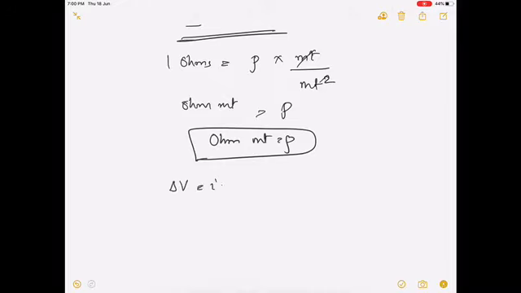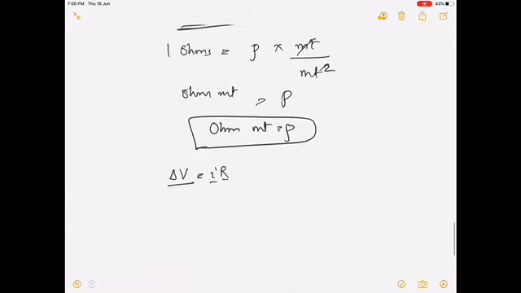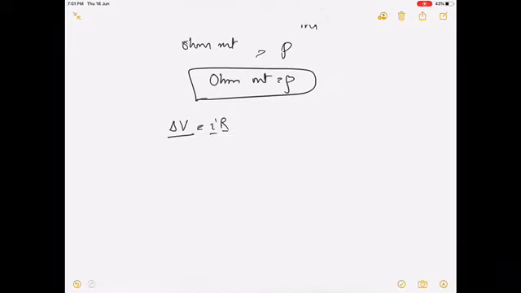Now coming to the vector form of this, see children, here delta V is equal to IR. I is scalar, well, potential is also scalar, and R is constant quantity. R is also a scalar. So this is a scalar form of Ohm's law. Now if we come to vector form of Ohm's law, this can also be easily derived. Delta V, as we have studied in electrostatic, can be written as E into L. E is electric field and it is vector quantity. You have studied electric field is delta V upon L. It is negative gradient of potential. So you can write this potential in the form of E into L,